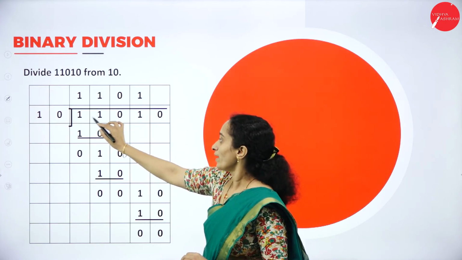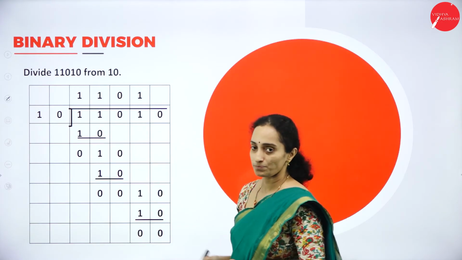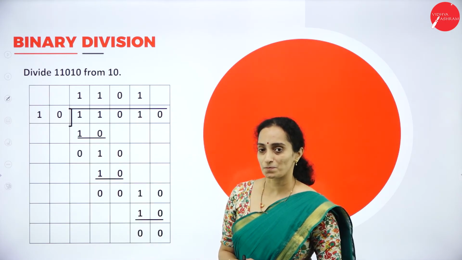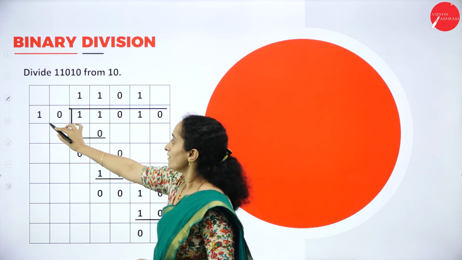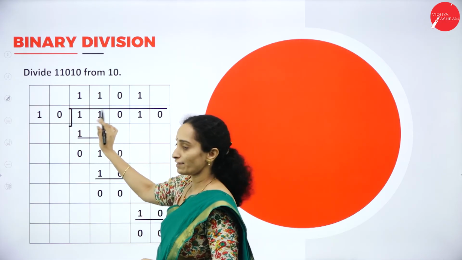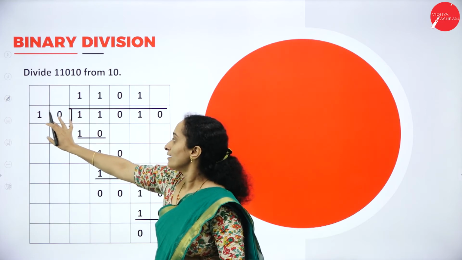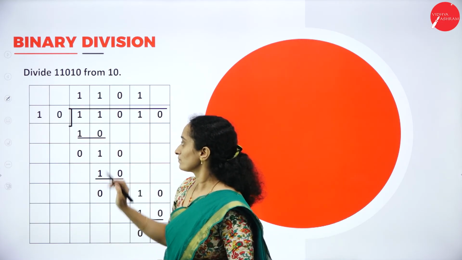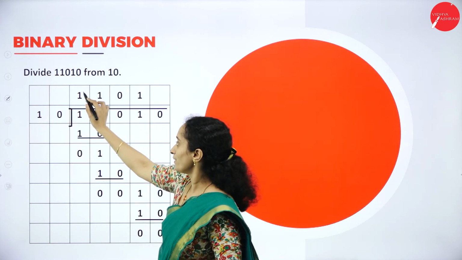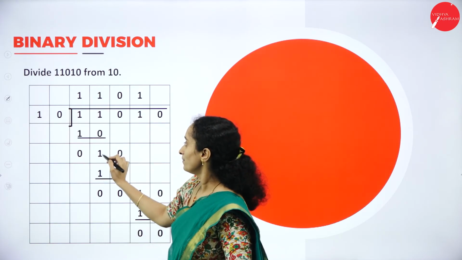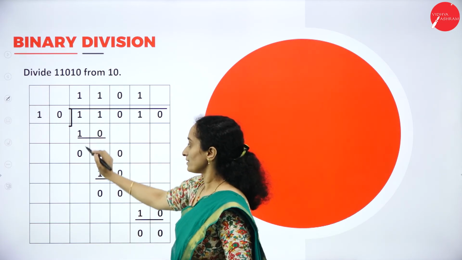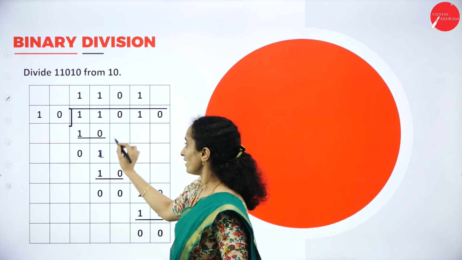Okay. We shall look at another example with more binary digits. It is 11010, which will be divided by 10. How do you perform this operation? Now we have 1011. Take the first two digits and divide by 10. Take 10 into 1 is 10. Perform the subtraction: 1 minus 0 is 1, 1 minus 1 is 0. Now we have a value 1.